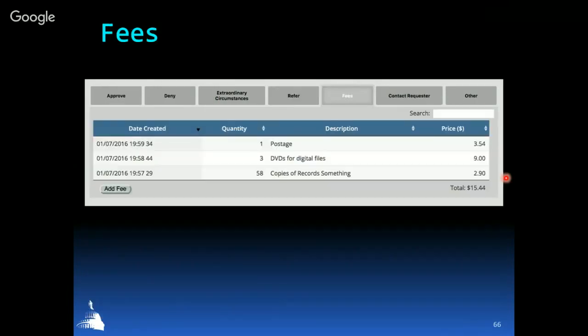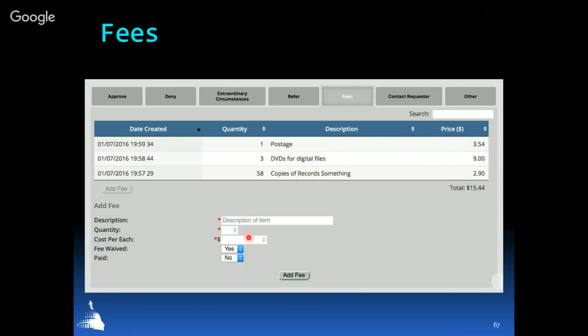The fees are pretty cool. You can list the fees. We don't have a way of collecting the fees, so however your agency collects fees, keep doing that. That's on my wish list for the future, but of course it involves money, so it's pretty complex, and anyway, that's in the future. For now, you can list fees,